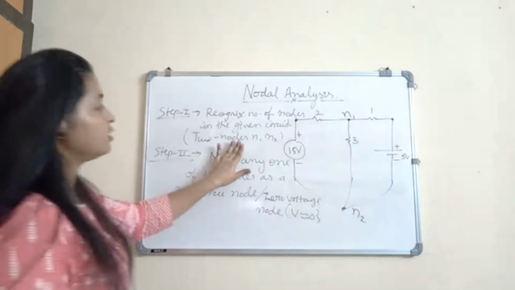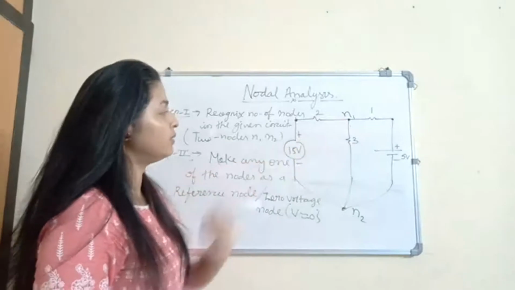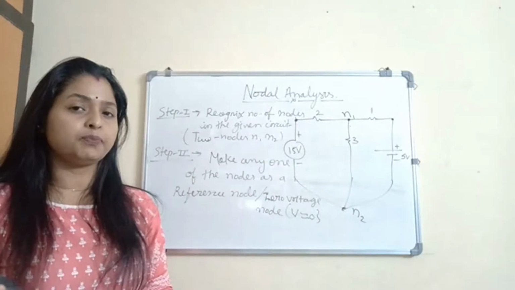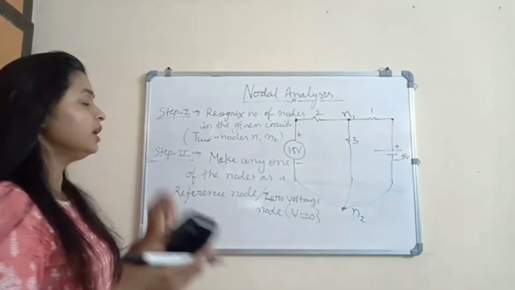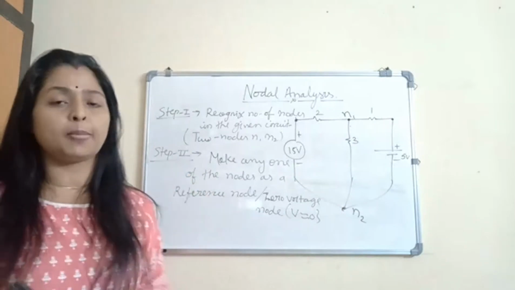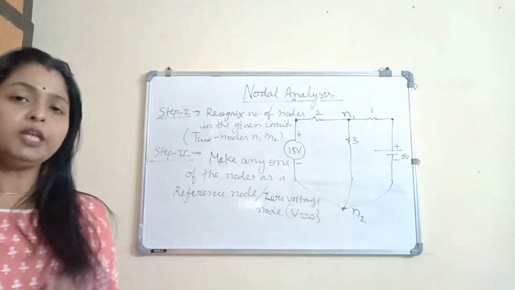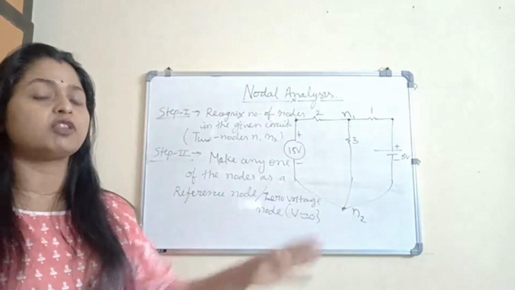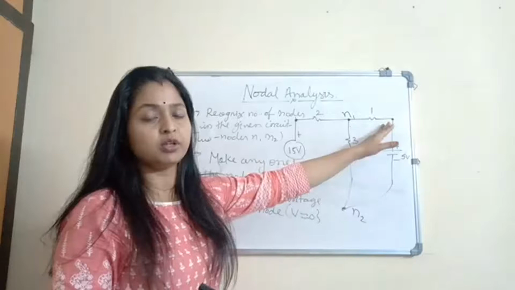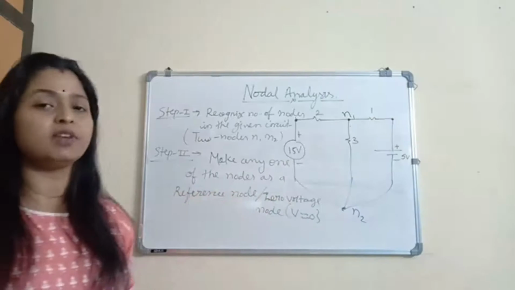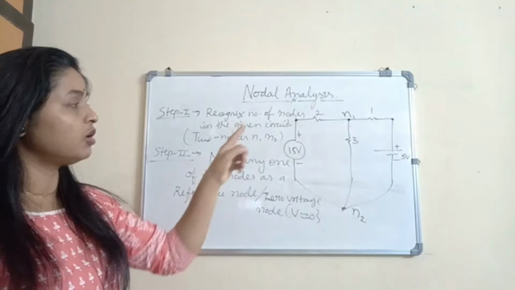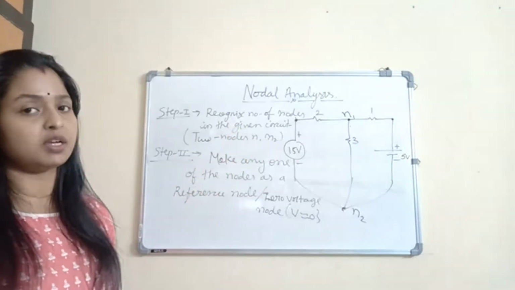See, in nodal analysis, we have to work on the node. And if we go back to the KCL statement, what does it say? KCL says at any node, current will not be dropping. Whatever current is coming to that particular node, it will eject from that node. It will move out from that node. So now we have to apply the KCL equation across every node. At the node, we have to apply Kirchhoff's current law.